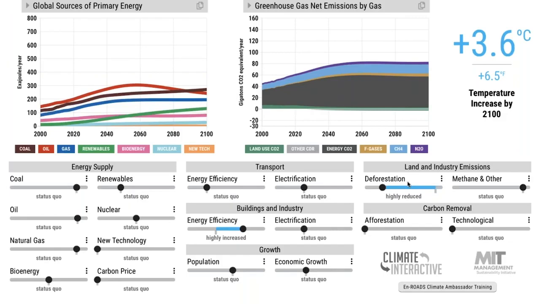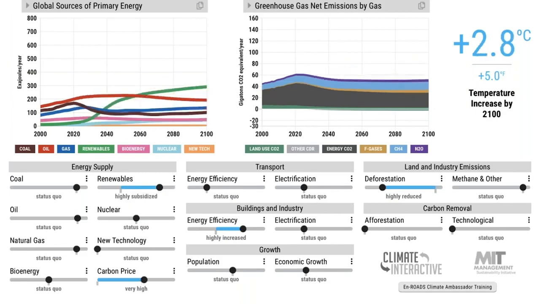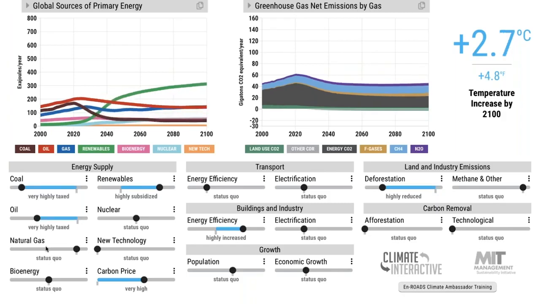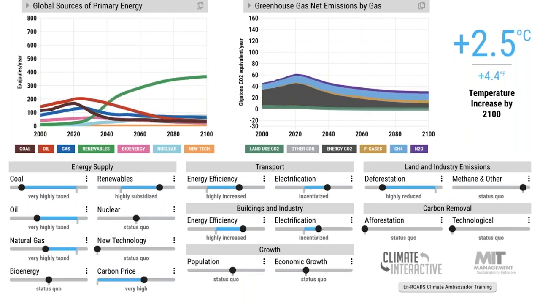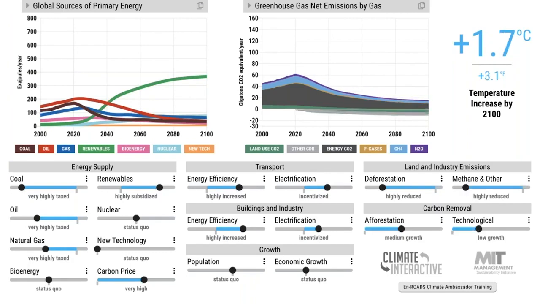You engage people to think about each action as they add up, but overall, the next step is to create a vision of success. Help people see, if we had more renewables, if we had a carbon price, if we push back on coal and oil and gas, if we promoted energy efficiency in our transportation system, if we electrified some of these systems, if we grew more trees and cut methane and we had a little bit of carbon removal, we could get well below 2 degrees. Now, you wouldn't do this yourself. It's not about your vision. You are cultivating people's capacity to see a future that they want to be part of.